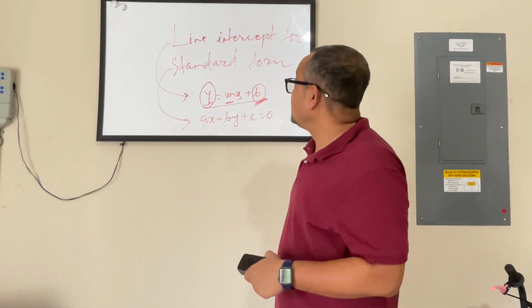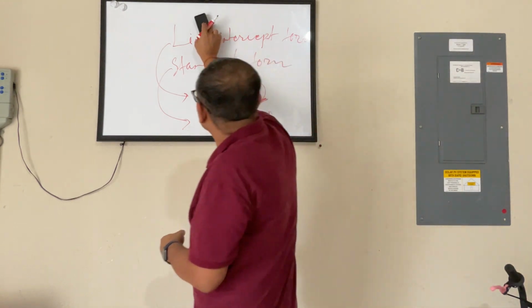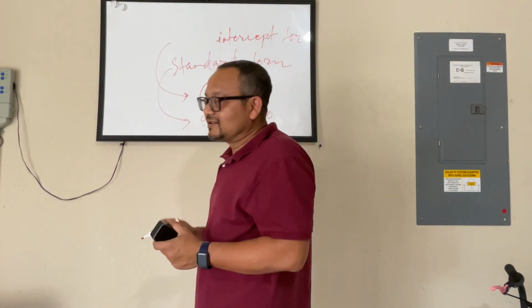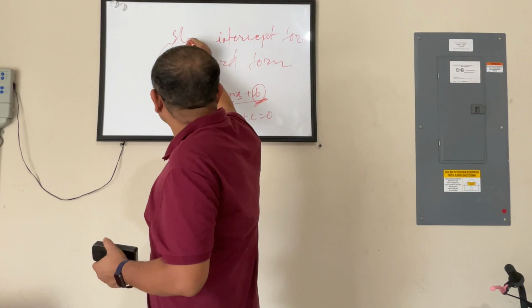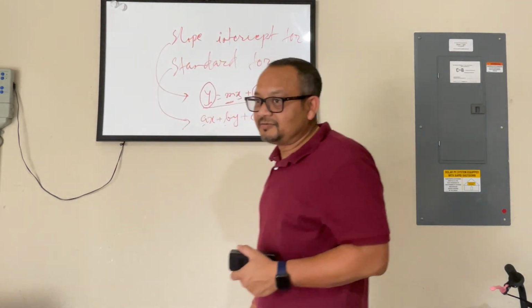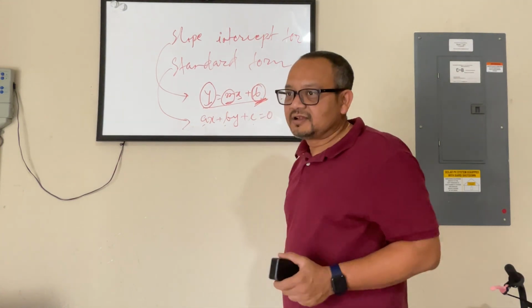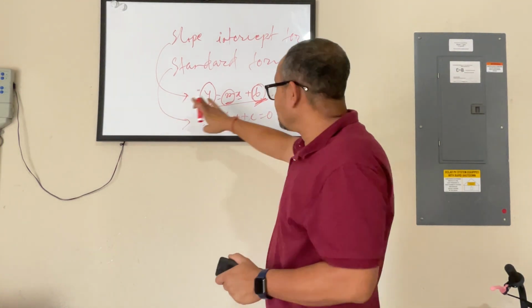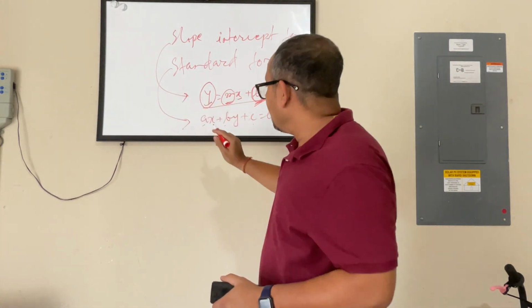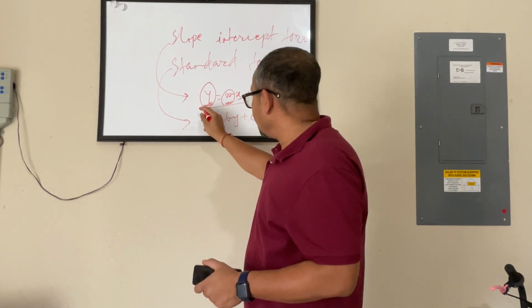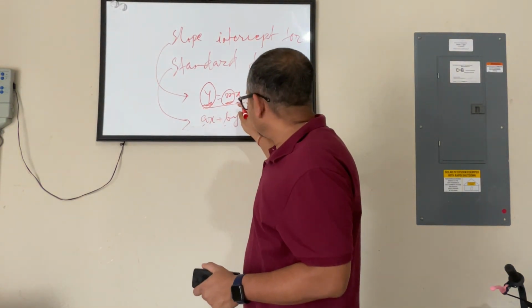So that's why it's called, it's not line intercept form. I said something wrong. It's called slope intercept form. Oh, okay. Yeah? So this is the slope and this is the intercept. So that is why this is called slope-intercept form, where y is one variable, this is another variable, this is